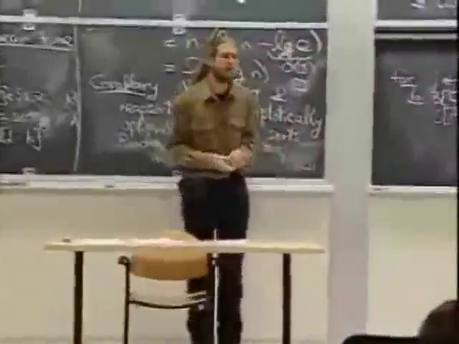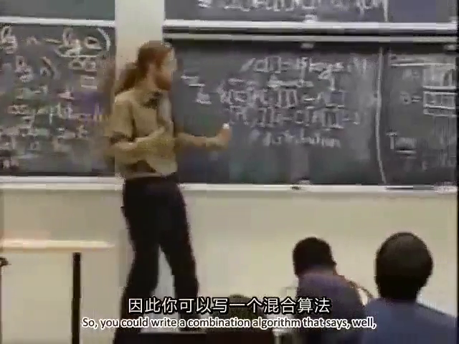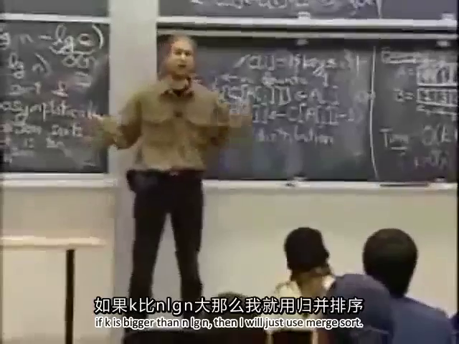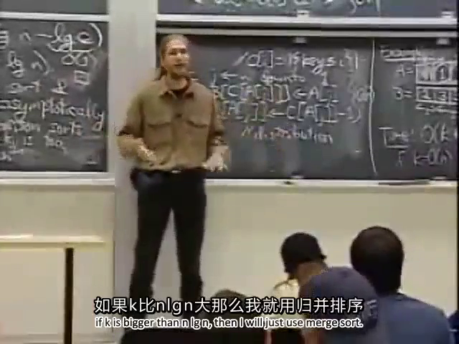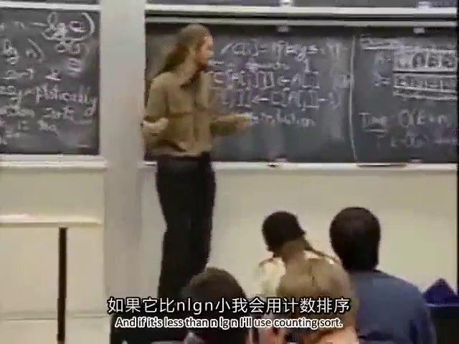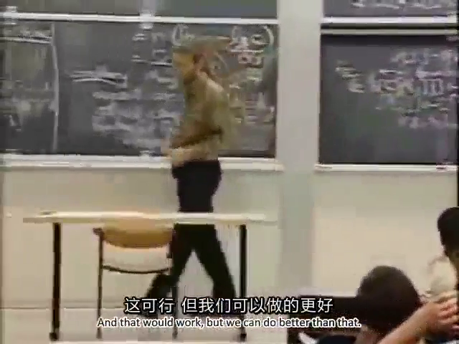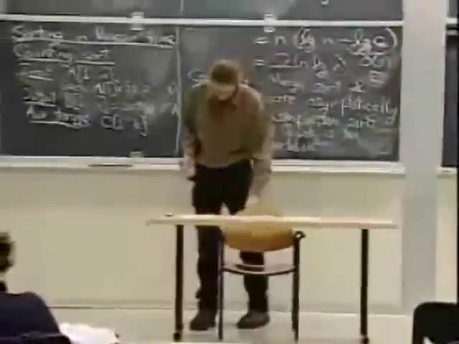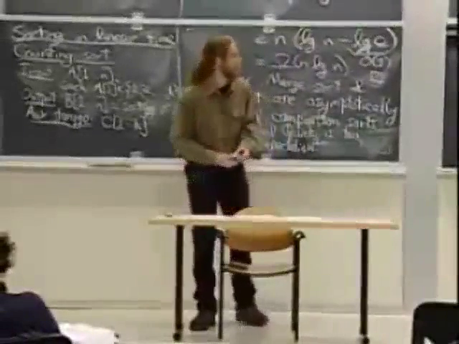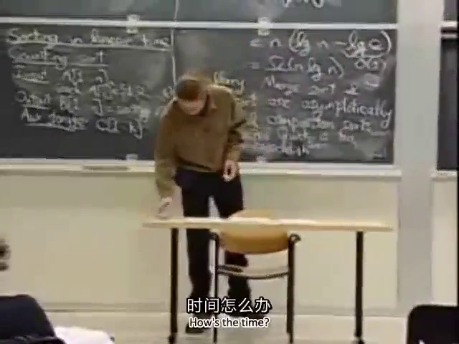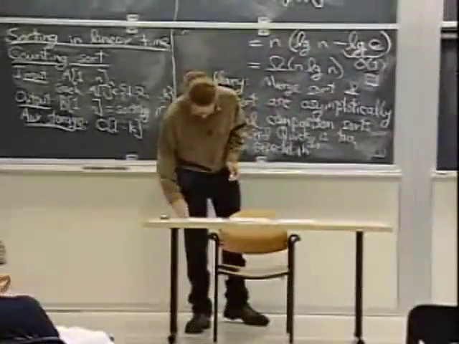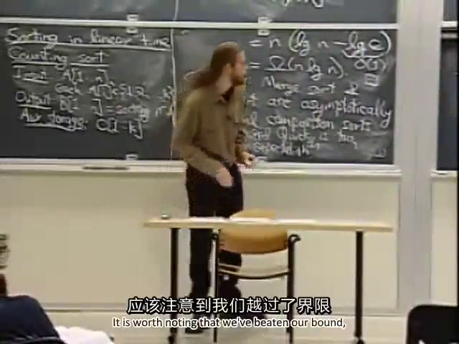It's not so great. So you could write a combination algorithm that says, well, if k is bigger than n log n, then I'll just use merge sort. And if it's less than n log n, I'll use counting sort. And that would work, but we can do better than that. Okay, so what's the time? It's worth noting